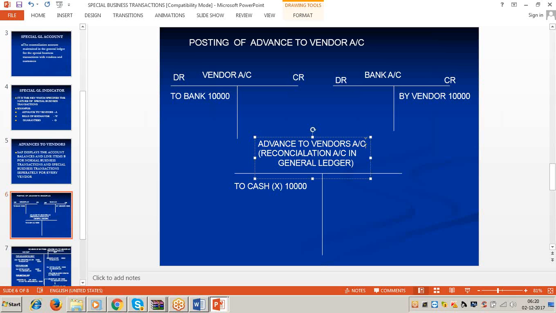Again, I'm repeating the rule. For every business transaction you post in accounts payable, one reconciliation account should be updated in the general ledger. If you post a normal business transaction, the normal reconciliation account is updated in the general ledger. If you post a special business transaction in accounts payable, a special reconciliation account is updated in the general ledger. More particularly,